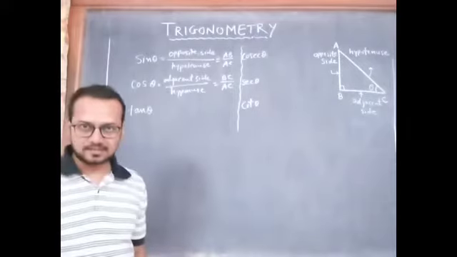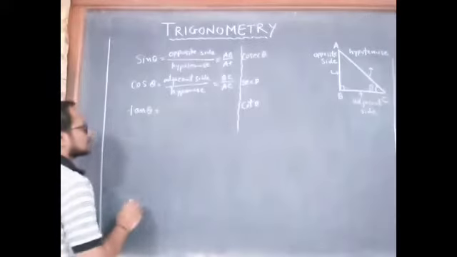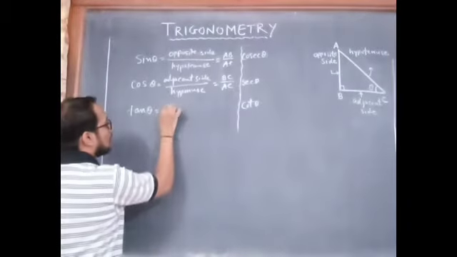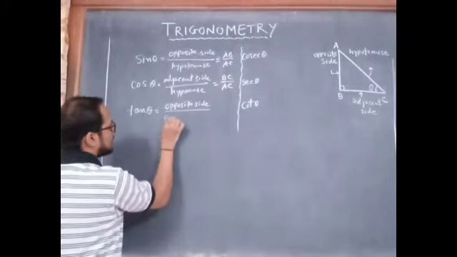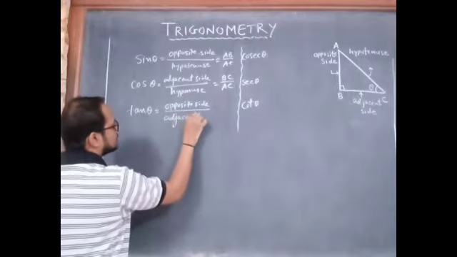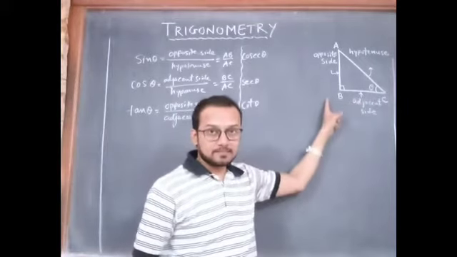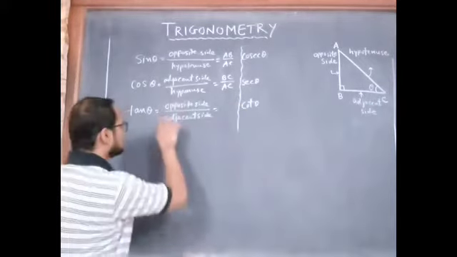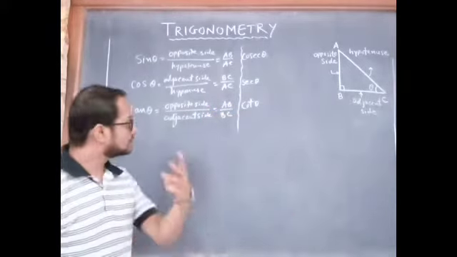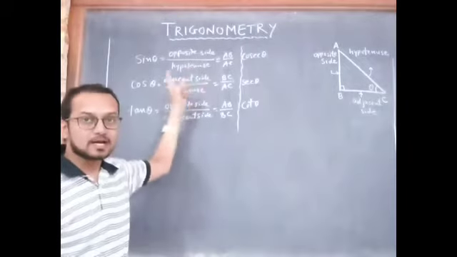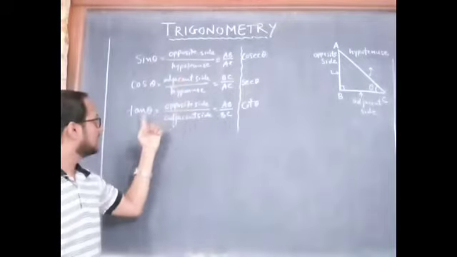The third ratio is tan theta. Tan theta is the ratio of opposite side to adjacent side. So here we can write tan theta equals opposite side upon adjacent side. With respect to theta, the opposite side is AB and the adjacent side is BC. So I can write here tan theta equals AB upon BC. So we got the first three trigonometric ratios, that is sin theta, opposite to hypotenuse, cos theta, adjacent upon hypotenuse, and tan theta,